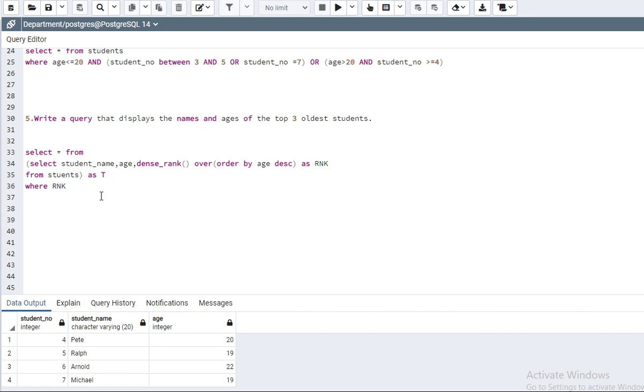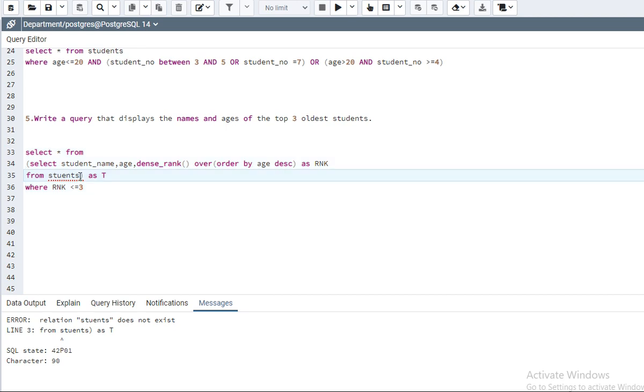Here my rank should be less than or equal to 3. So now I will execute this query.